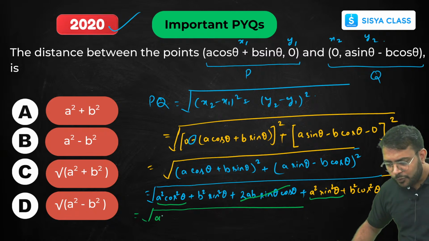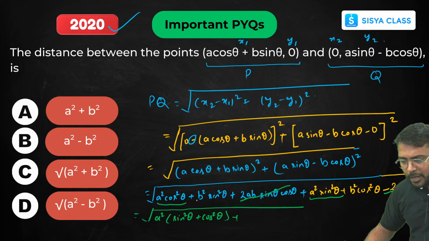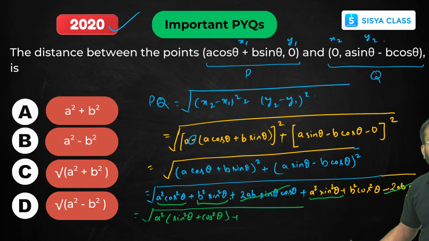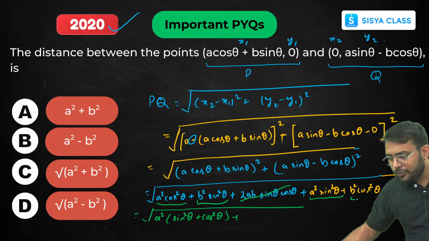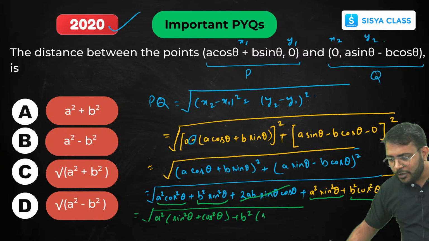अगर मैं यहाँ पर a स्क्वायर को कॉमन ले लूंगा तो क्या बचेगा बेटा? sin स्क्वायर थीटा प्लस cos स्क्वायर थीटा. यस और नो? यहाँ पर आपके पास बी स्क्वायर साइन स्क्वायर थीटा है, और यहाँ पर है बी स्क्वायर कॉस स्क्वायर थीटा। बी स्क्वायर को यहाँ पे कॉमन ले लोगे तो क्या बचेगा डियर, साइन स्क्वायर थीटा प्लस कॉस स्क्वायर थीटा, ठीक है।